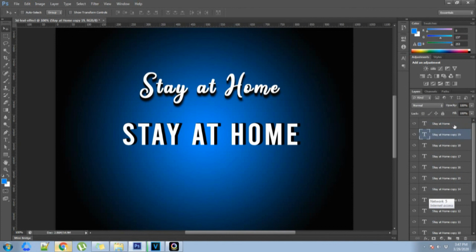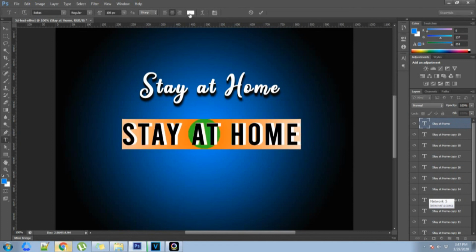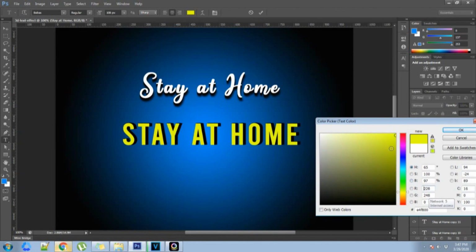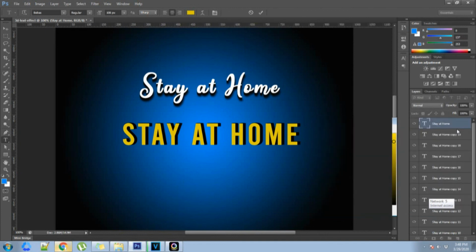Alright, and on the text with the white color, which is on the top, I press T and click on that. You can change whatever color you want. For example, we want it to be yellow, like that. Press OK. You can also add